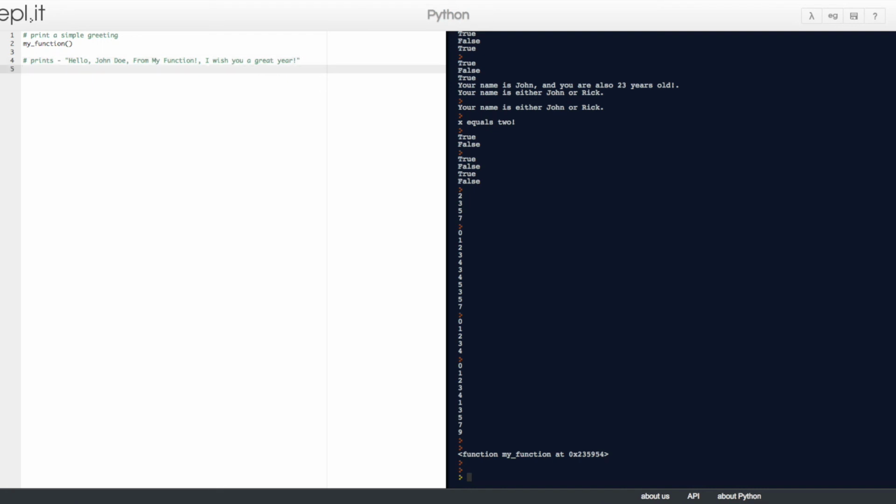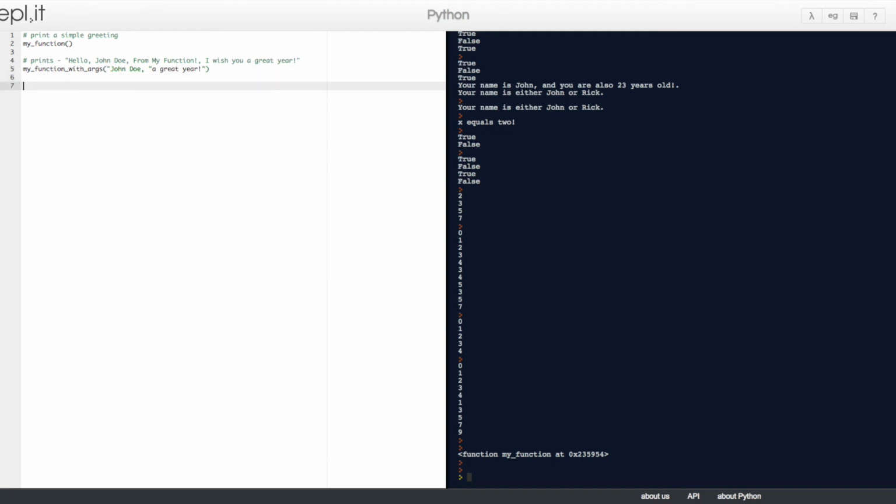The way to do this, we'll use my_function and add arguments. In between parentheses, we'll put the arguments that we want, which will be a string John Doe and a string that says a great year, which is our greeting. Then we close the parenthesis.